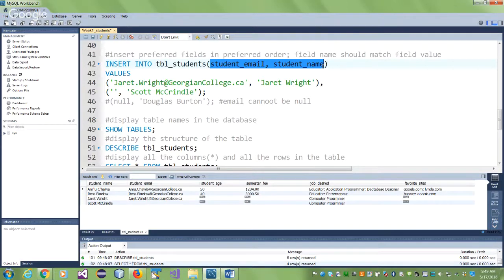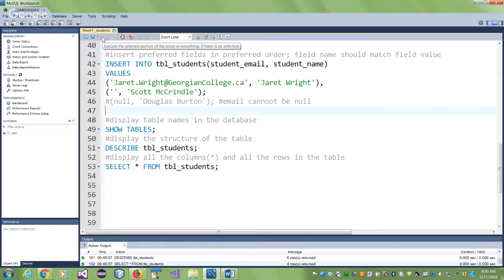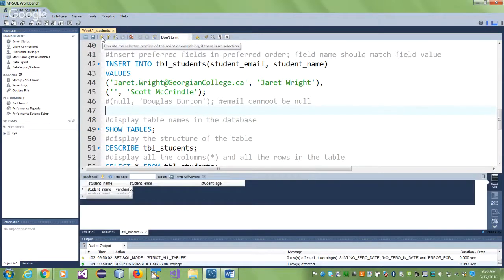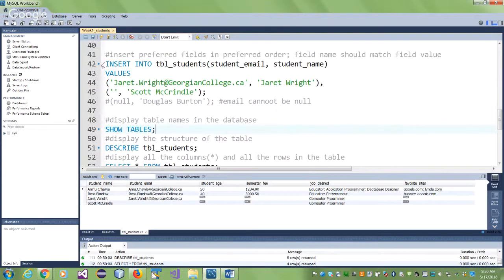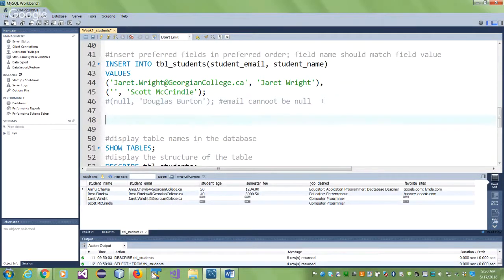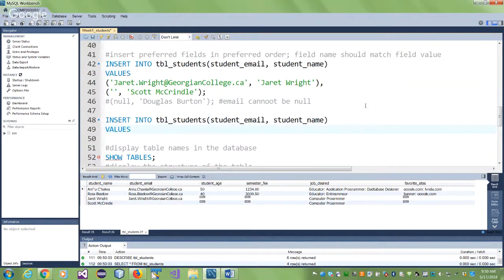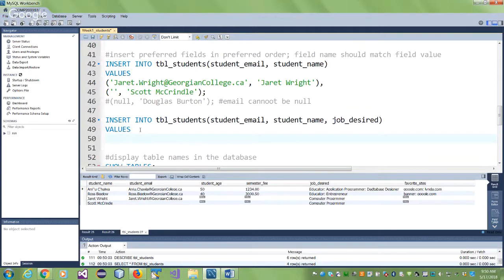So you can combine the two, right? So if I run it again, I should be fine because I haven't given it a null anywhere. But if I choose to do this, just for the heck of it, I'm going to take this insert statement. If I choose this insert statement and I add my third field, and that third field, what did I just make? Job desired, I think, right? I choose to add this field, and you cannot add more, you cannot add less. You exactly have to give 3 values. So if I try to do something like this,